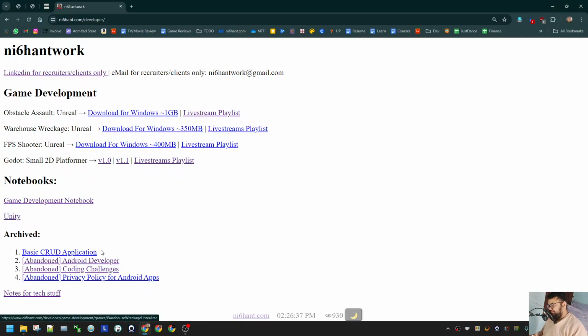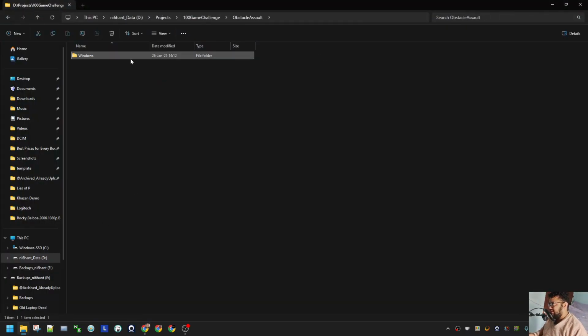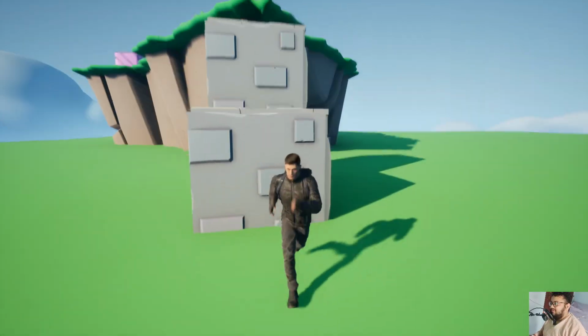It's 1 gig, and once you unzip it, you will get this file, which I forgot to rename. And there is no sound, so